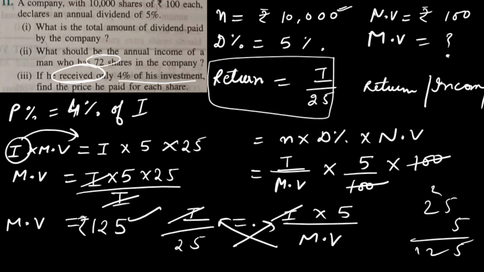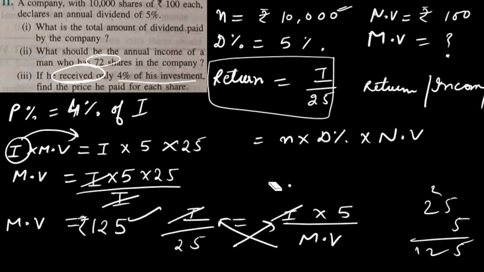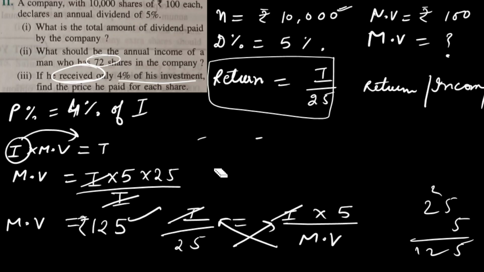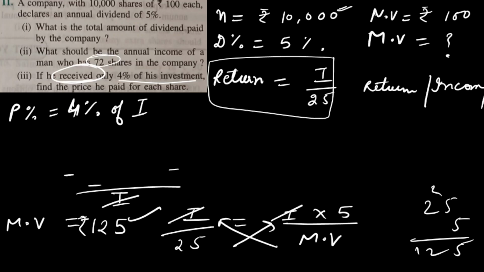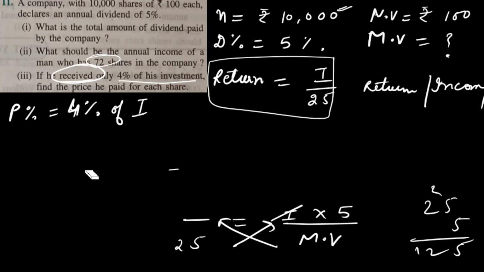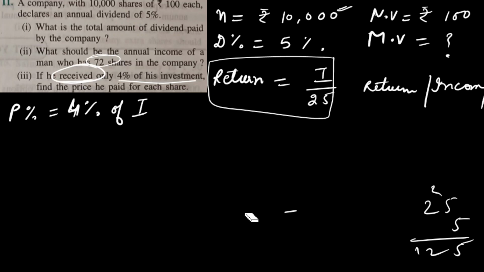I understand this was a little complicated question. We have to link so many things. So then we are able to do it. One another way I'll discuss. What is that way? I'll just write, I hope you have copied this one. So MV's value, because everything should be clear, right? This is the alternative way. I'm just showing it in case you're getting too confused with this one, because so many relations we have to do. So that's why, if you're getting confused, in that case I'm going to do this.